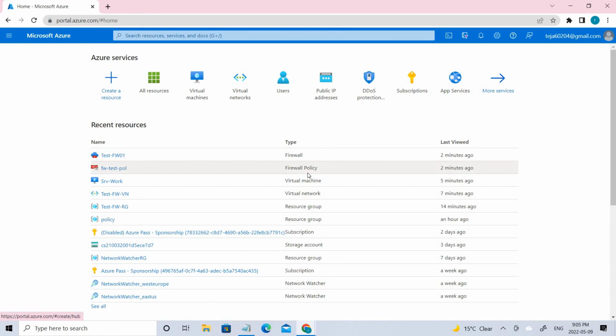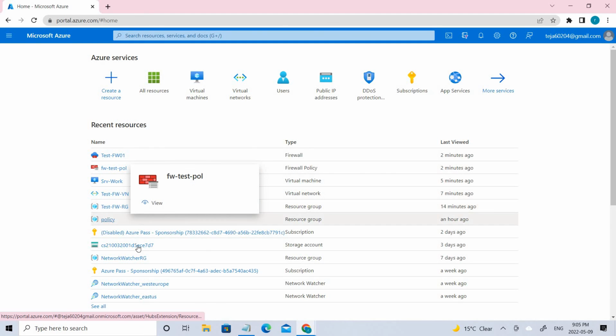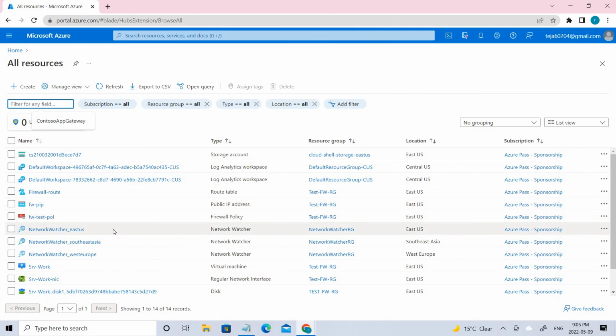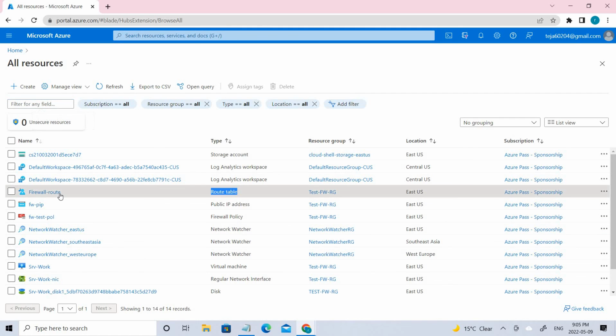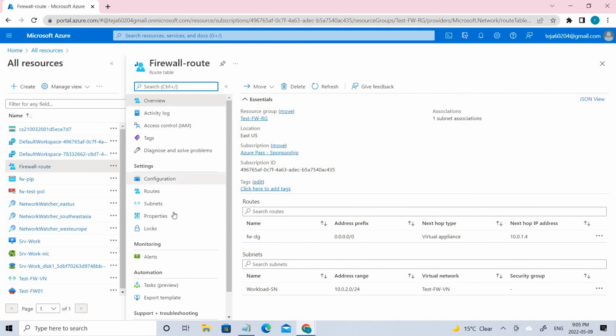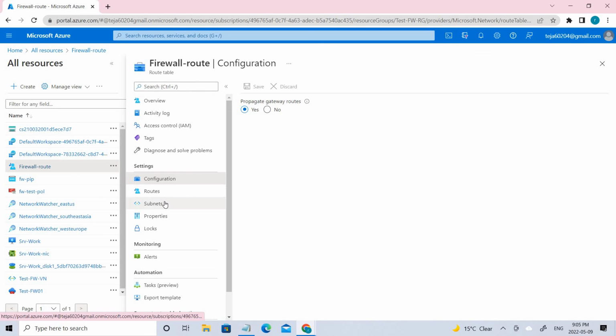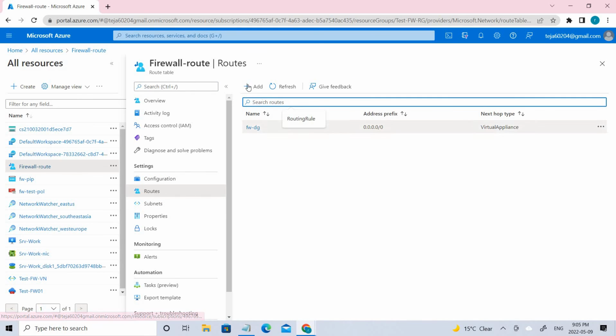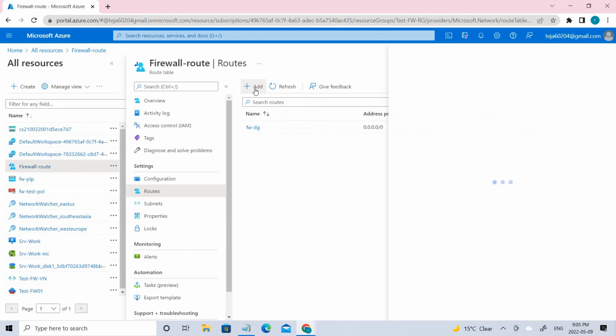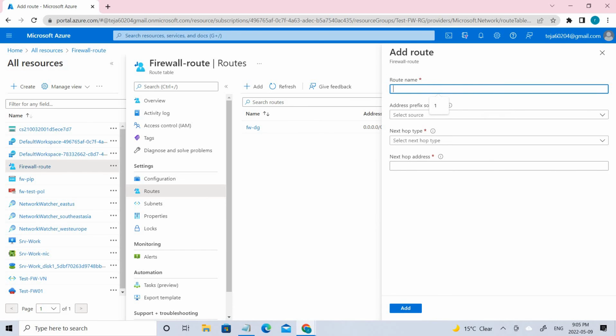Now we have to select that. So here we have to select the firewall route that we have created. There you go. So in the configurations, yeah, routes, and here you have to add the route. In this case, this is the configuration that we have done. So just click the name in this case,